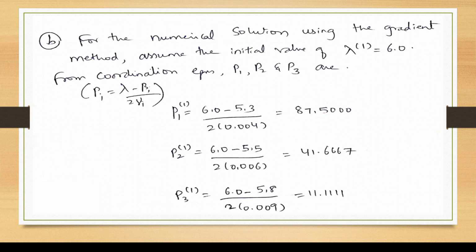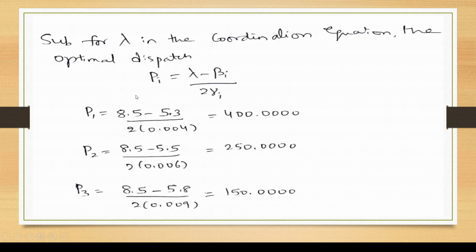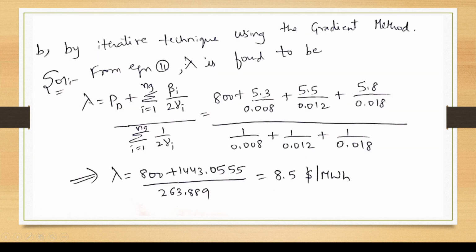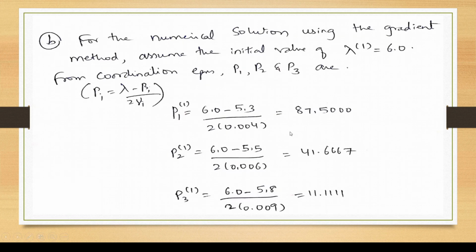So the second method is the gradient method, where we have to find the numerical solution. Let us assume the initial value of lambda is 6. From the coordination equations we are now finding P1, P2, P3. Previously we saw the lambda value was 8.5. Now for the gradient method, we are assuming the lambda value as